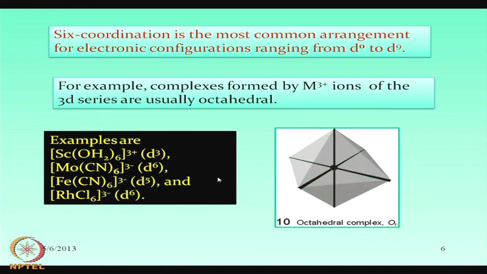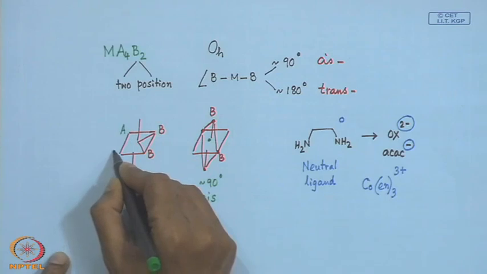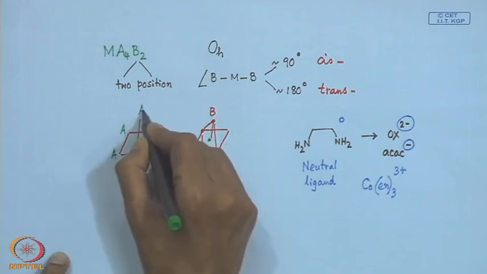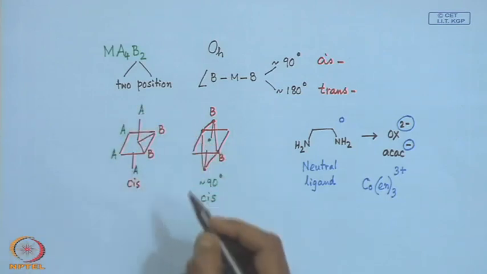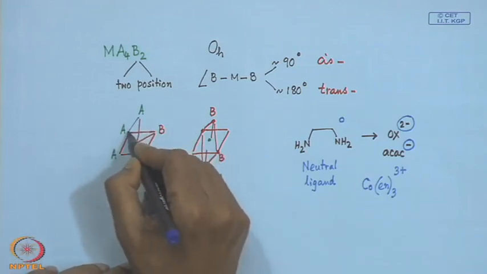So, if we just consider the typical octahedral geometry from the corresponding polyhedron, that means how the polyhedron will look, the way we have drawn the corresponding geometry is that in this particular case, if we have an A4B2 molecule which is in cis geometry, the polyhedron we can draw